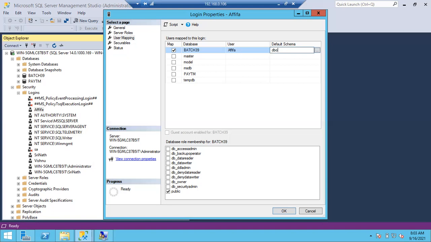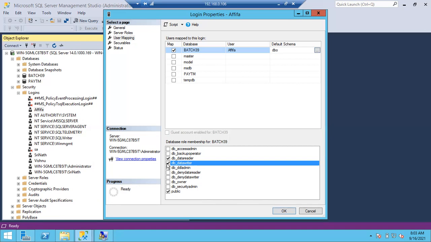Means now she can only connect to the database. She cannot read it or write it. If she wants read access, I have to give the data reader option. If she wants write access on this database, I have to give the data writer option. These are the database roles, and each role has a different meaning. As you can see, data reader and writer you can easily understand, but we can see a lot of other roles also. I'll explain about the database roles in the next class.